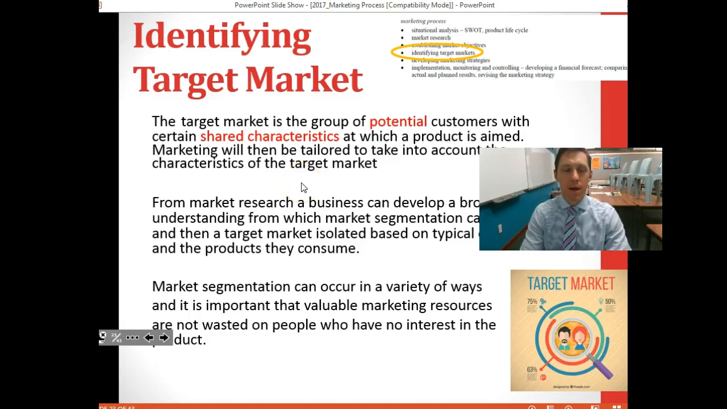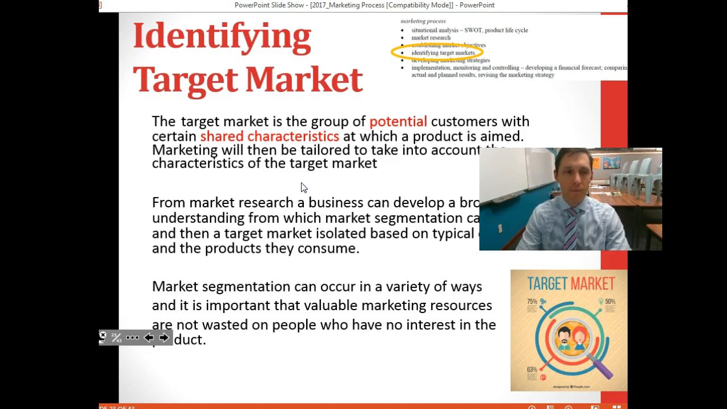Okay, the next step in the marketing process is to identify the target market. So far the business has undertaken a situation analysis. It's done a SWOT analysis. It's identified where the product is in terms of the life cycle. It's then undertaken some market research, be it primary and/or secondary market research. It's then established its market objectives, and it's done so through a SMART process, so specific, measurable, achievable, realistic and